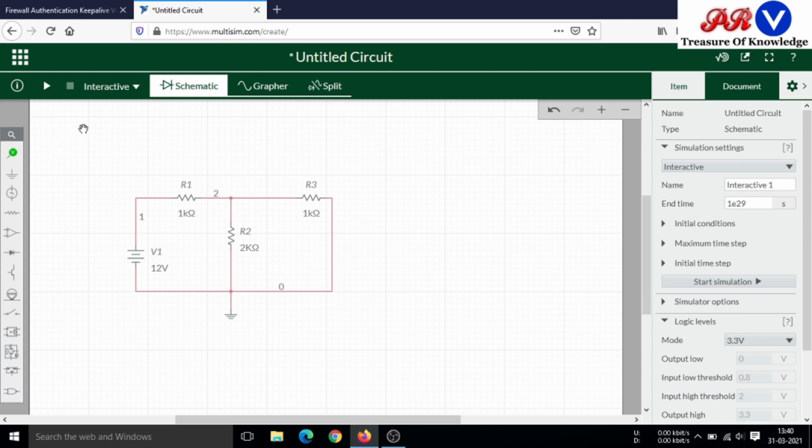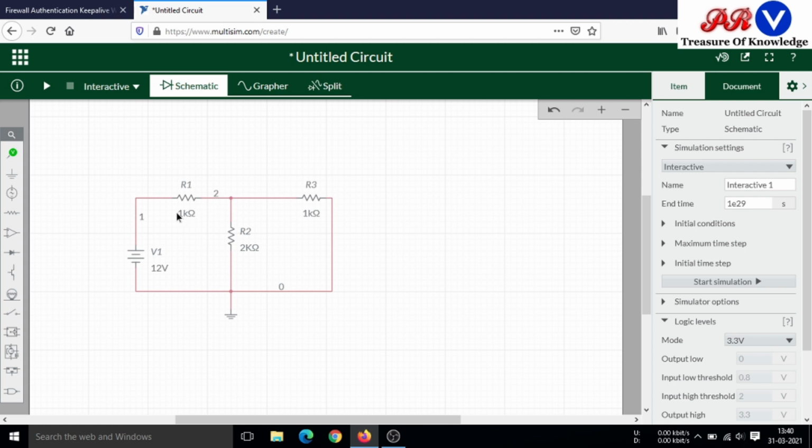Now I will use indicators to find out the value of the current. This is the main node. Here I have the input current, also known as the total current, IT, and this current is divided into two parts, I1 and I2. I will measure the value of this total current, I1 and I2, and the total current should be the sum of these two currents, I1 and I2.